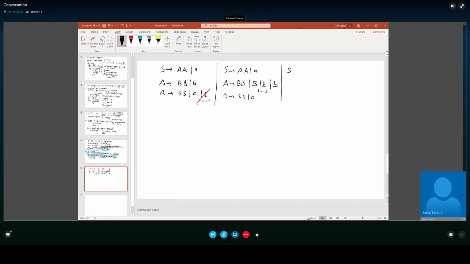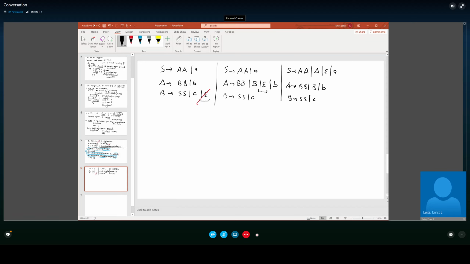So that gives us S goes to, if I don't replace any of the two A's by epsilon, I get AA, or I replace one of them by epsilon, get A, either one of them. So no point in writing that A down twice, and then I have an epsilon. So now I have A goes to BB, B, and little b,